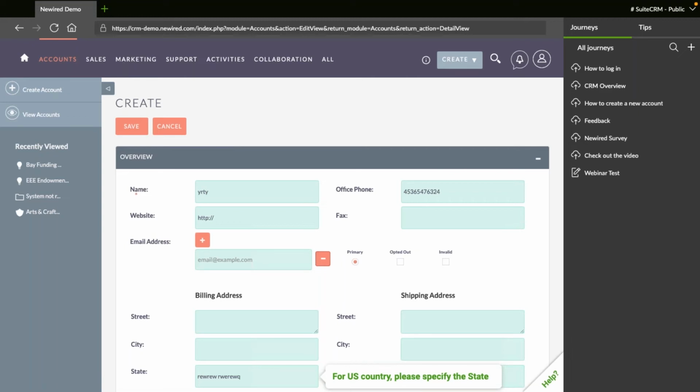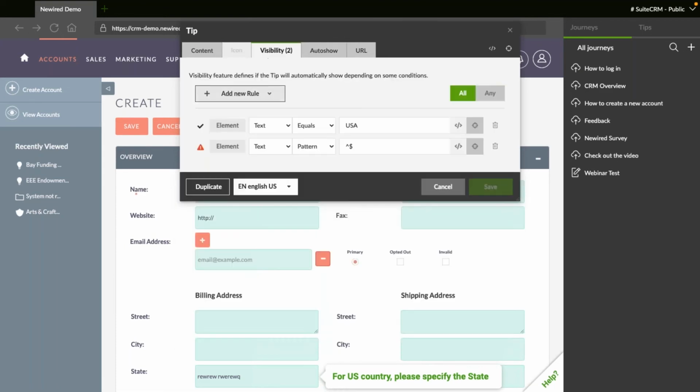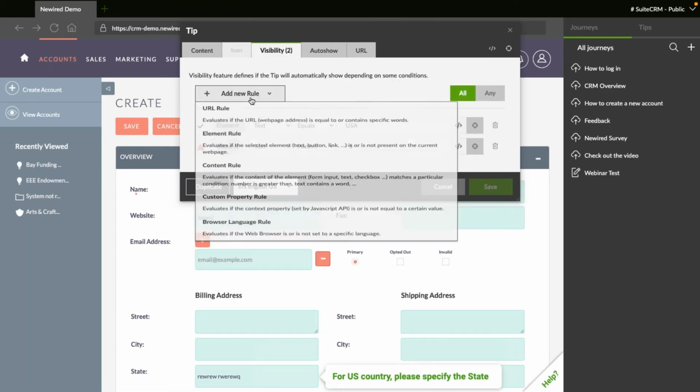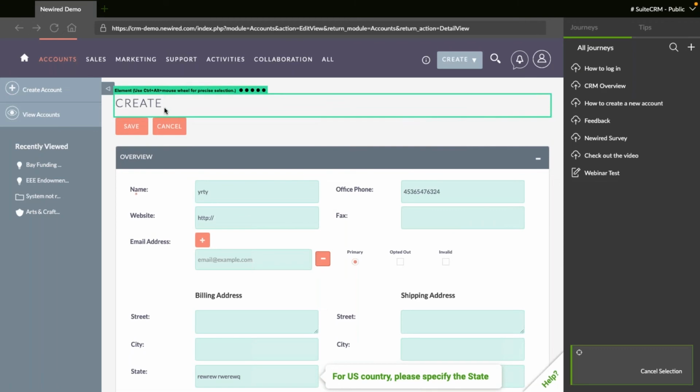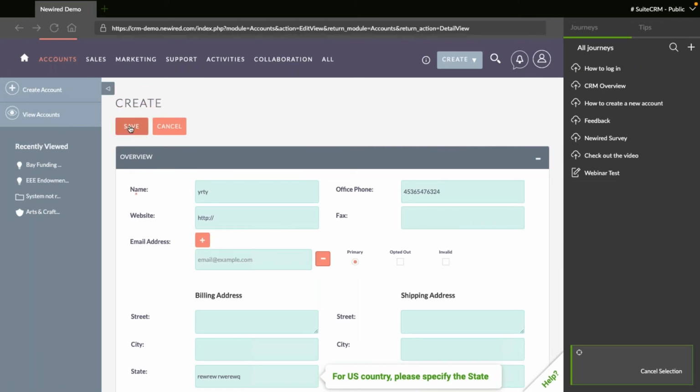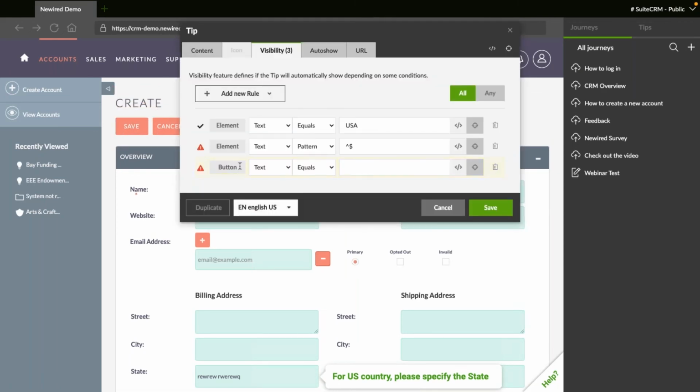Let me see if there is something more. Do you support custom non-HTML forms? Okay, what is content? So what can I access in my content rule? In this case, you can actually select any of these elements. So if I add a new content rule, and I, for example, click here on the save button, I can see that I can even check that the text equals, for example, save,